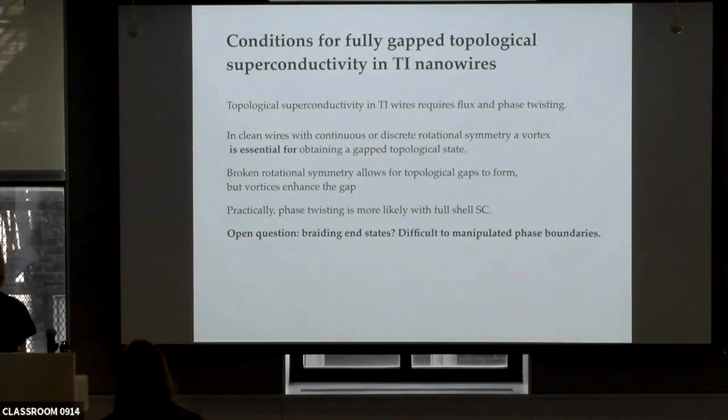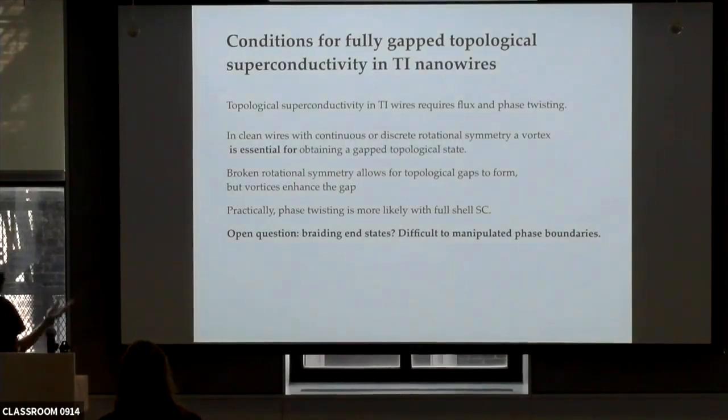If you have reduced rotational symmetry, but still some rotational symmetry, you are likely to get a gapless state in this phase. If you break the rotational symmetry completely, you can get a topological gap, but the size of the gap will depend on how you broke the symmetry, how big the perturbation is. If the symmetry breaking is big, could the gap get to be as large as you wanted it, or is there some limitation? It depends on how you break the symmetry, but it always appears to be smaller.